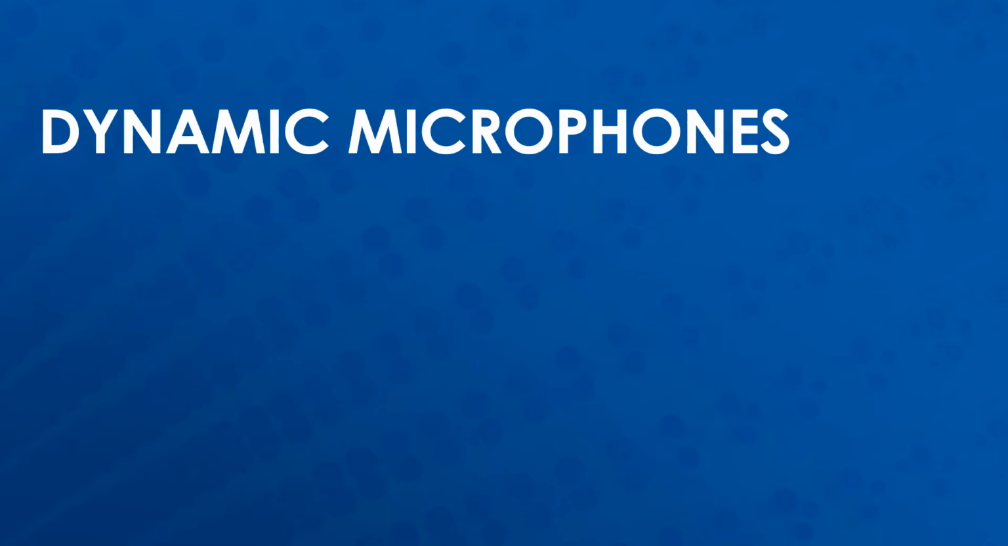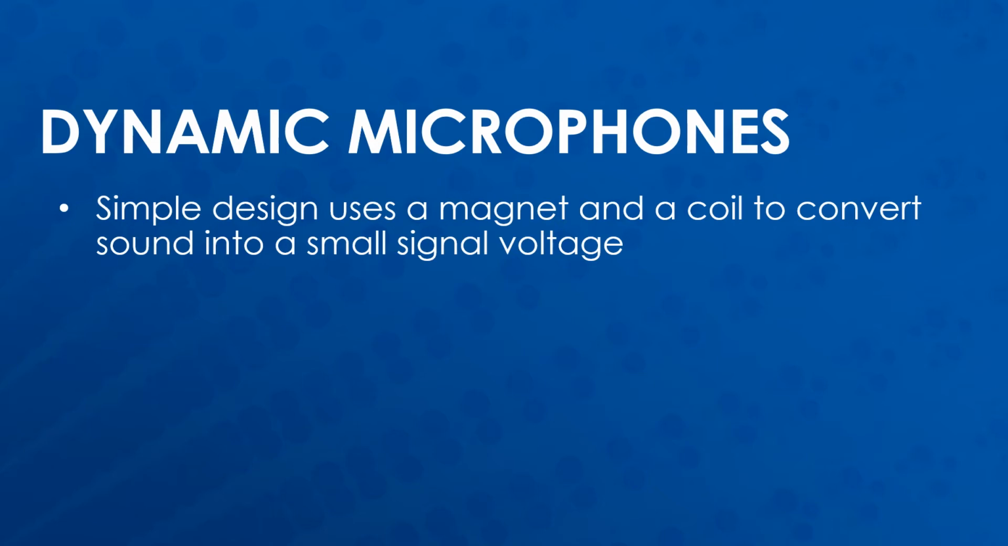Dynamic microphones are a simple design. They use a magnet and a coil that is attached to a diaphragm that moves due to sound pressure changes. That converts the sound into small signal voltage. This works similarly to a speaker, which converts electric signal voltage into sound. In fact, you can wire a speaker transducer to a mixer input and talk into it,